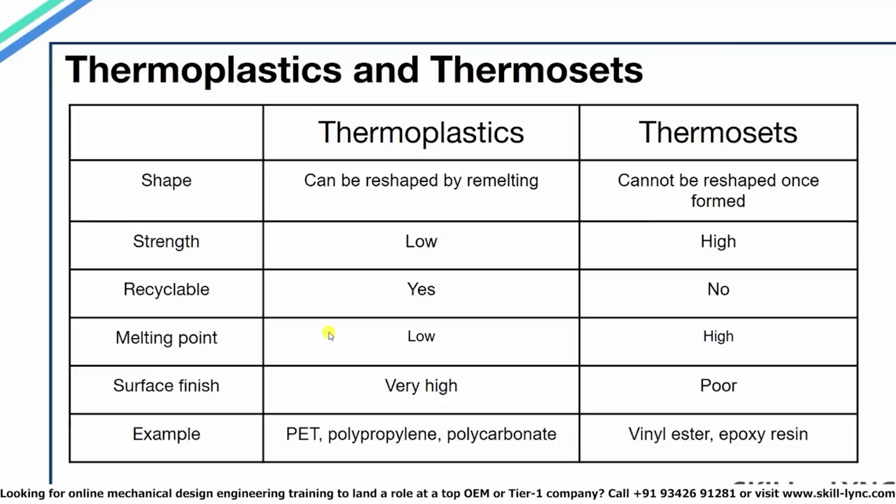One of the disadvantages of using thermoplastics is that it cannot withstand high temperatures. So applications where high temperature resistance is required, for example, engine parts, landing gear for planes, or satellite components, thermosets will be preferred. And also very high surface finish can be acquired using thermoplastics, which is not possible in thermosets. So in applications where good surface finish is required, like interior of luxury cars, then thermoplastic will be used.